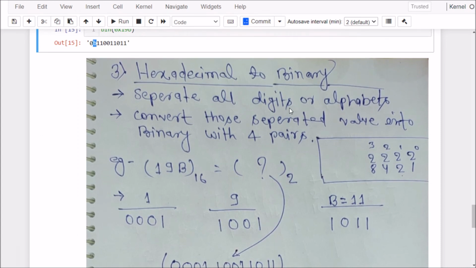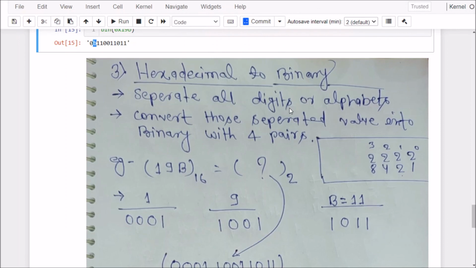And suppose in case you want to convert hexadecimal to octal. Okay, so first we have to convert hexadecimal to binary, and we know how to convert from binary to octal. Okay, and then if we have to convert decimal to octal, then first we have to convert decimal to binary, then binary to octal.